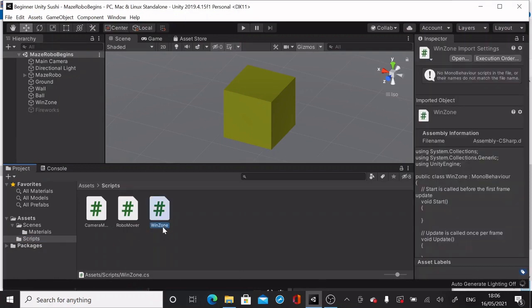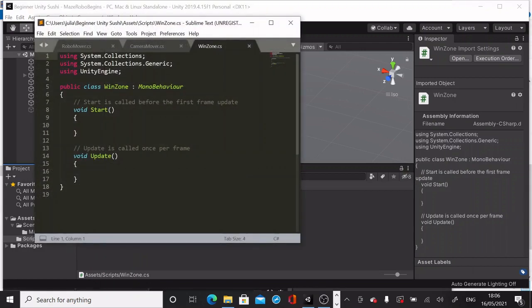Then we're going to double-click on the new Winzone script, and remove the Start and Update functions in the middle of the script, but save the rest of the script. Now we're going to type a special script below where it says public class Winzone : MonoBehaviour. It's going to be public GameObject fireworks;